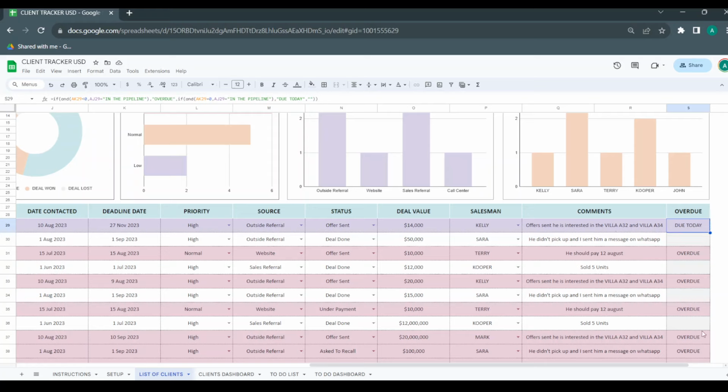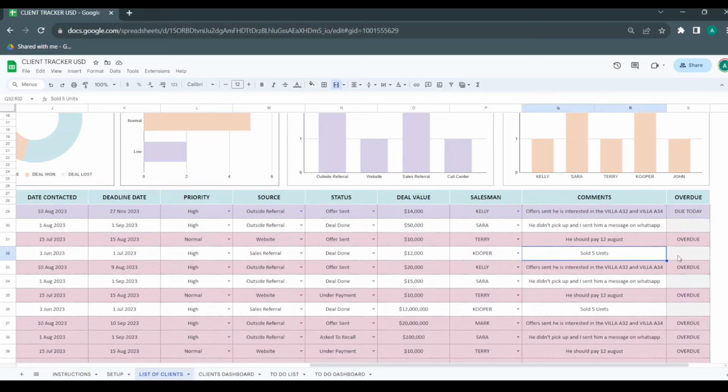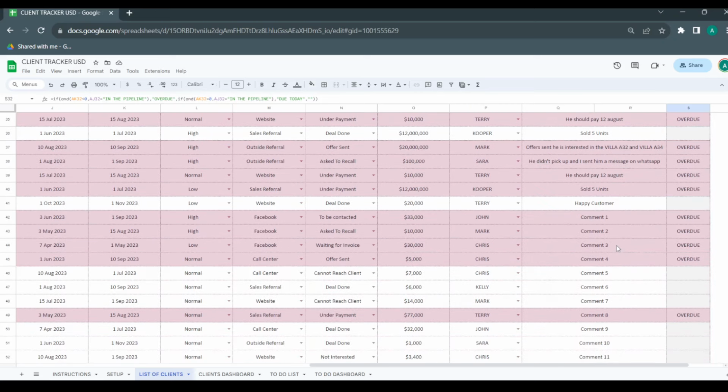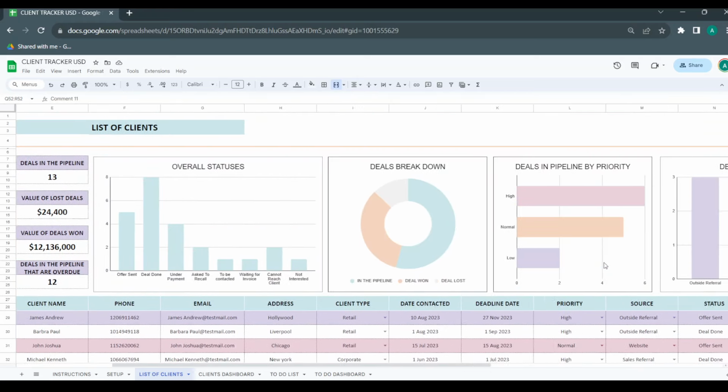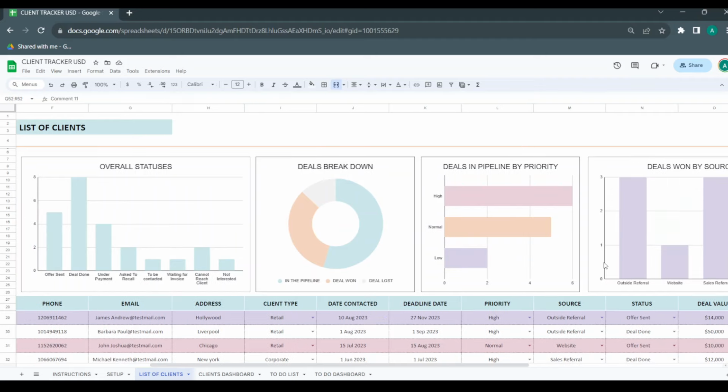This column will be populated automatically whether this task is due today. For example, this deadline is today, so it's going to be highlighted in purple, or overdue, because this task has been overdue since 15 August 2023, so it is highlighted in red. Or it is a closed task here, so it will be highlighted in gray. And there are the in-the-pipeline tasks that are not overdue and within the time range. Okay, very interesting charts here that you need to view,